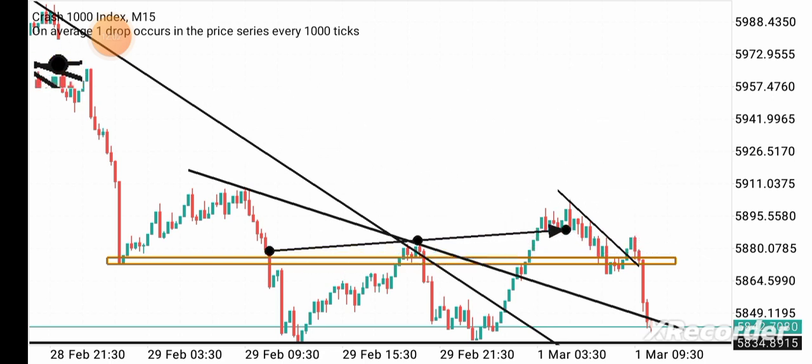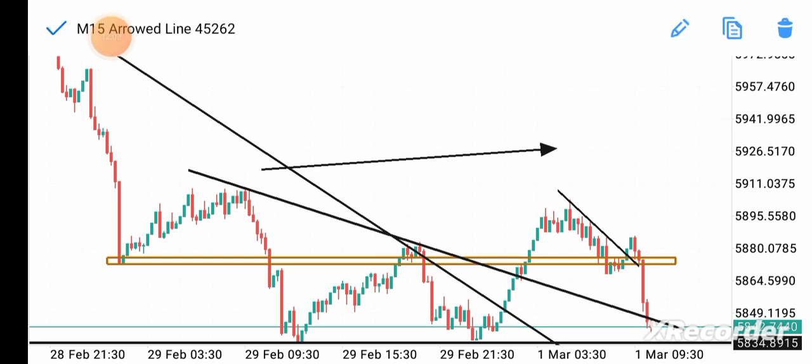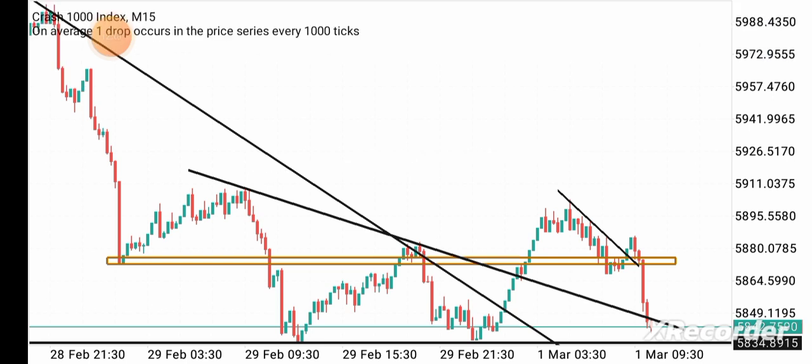So let's see how we can wait for confirmation each time we analyze the chart. If you do not wait for a confirmation, guys, your strategy is useless. If you cannot wait for confirmation, we have to master discipline and patience as another strategy in trading. It's not about drawing these lines all over the chart, or even using indicators. Even when you are using indicators, you must be patient enough to wait for the confirmation before you go into